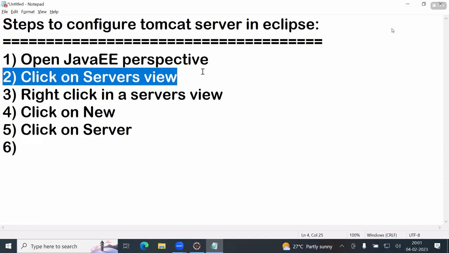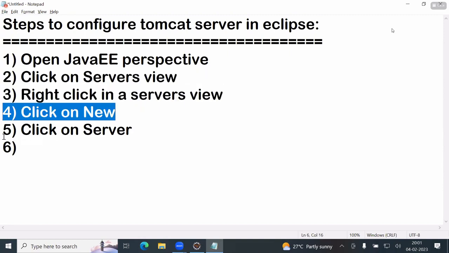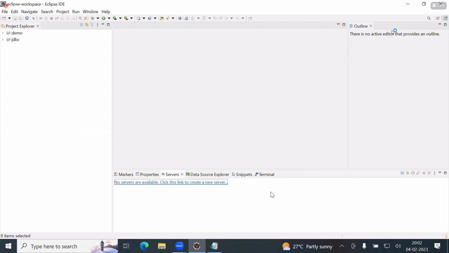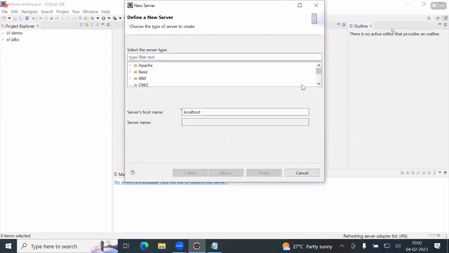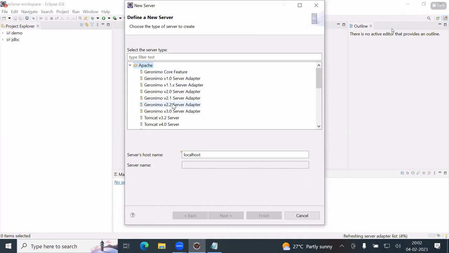Next, click on servers view. Next, right click in a servers view. Click on new, click on server. Now, say right click, new server. Then here, expand Apache, select which version is there in your system. Tomcat,